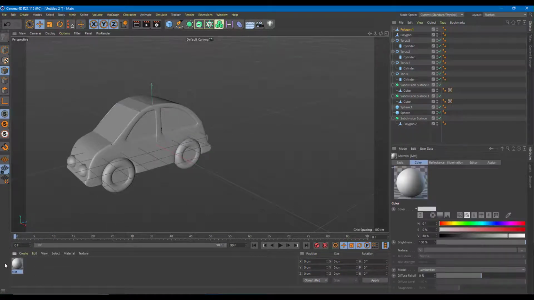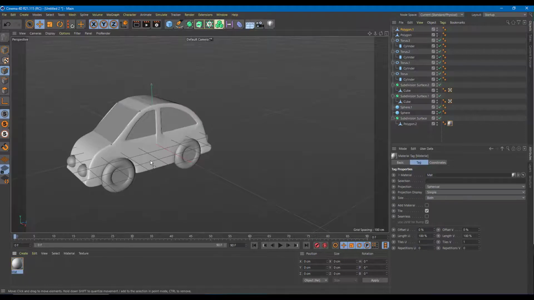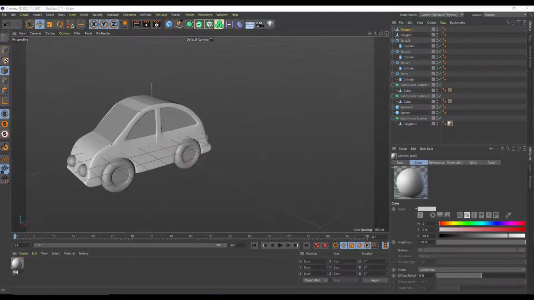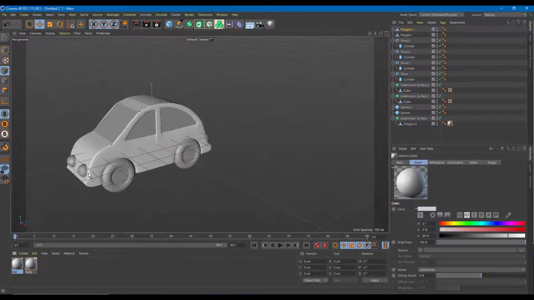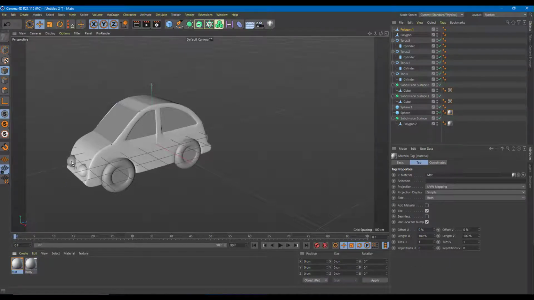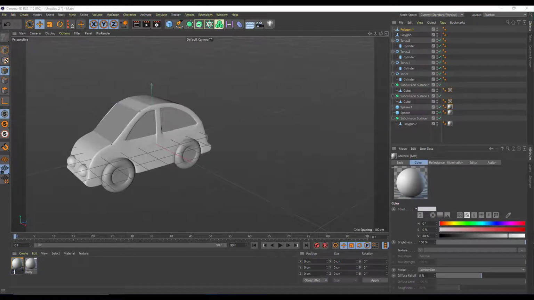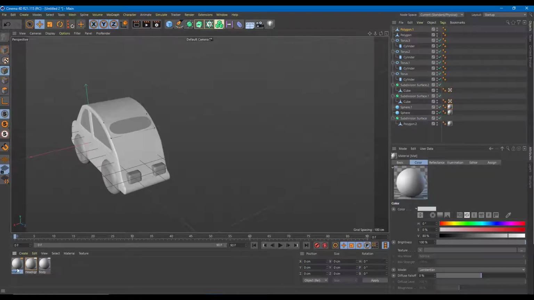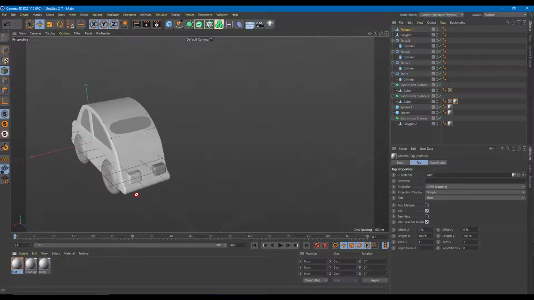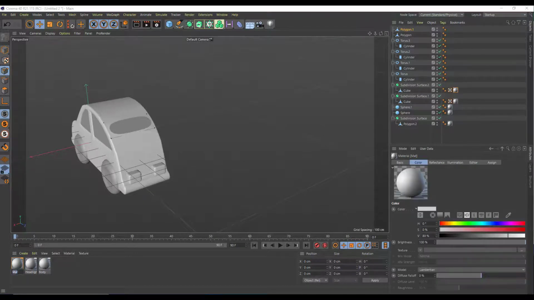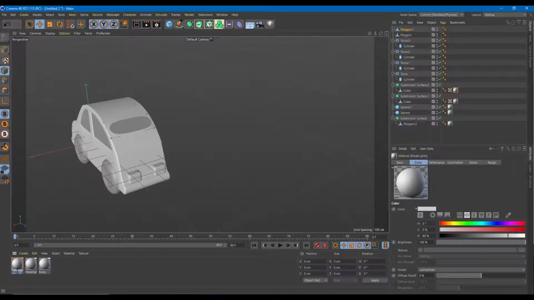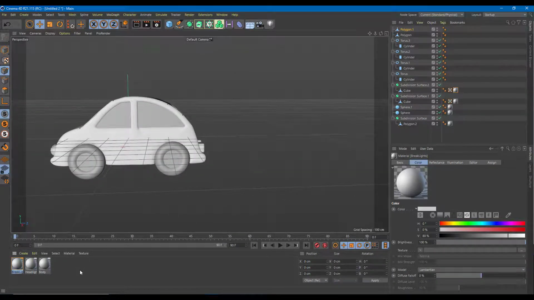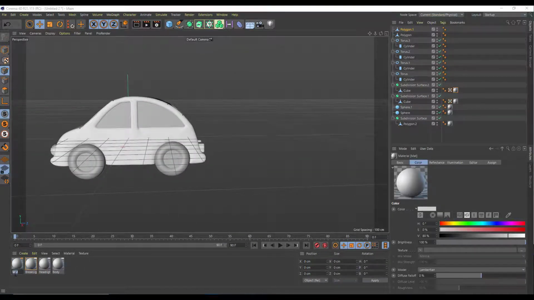So I'm going to go over here onto the material right here, and the green is the color used for that car, as you can see. So this is going to be the car body, and I'm going to create another material for the headlights, as you can see right here. So this is going to be headlights, and that's going to be the brake lights right there. On the back side, this is going to be brake lights, and then these are going to be the tire,